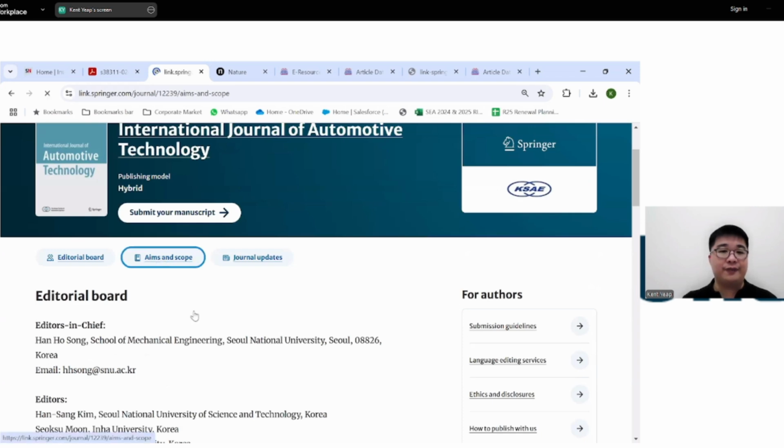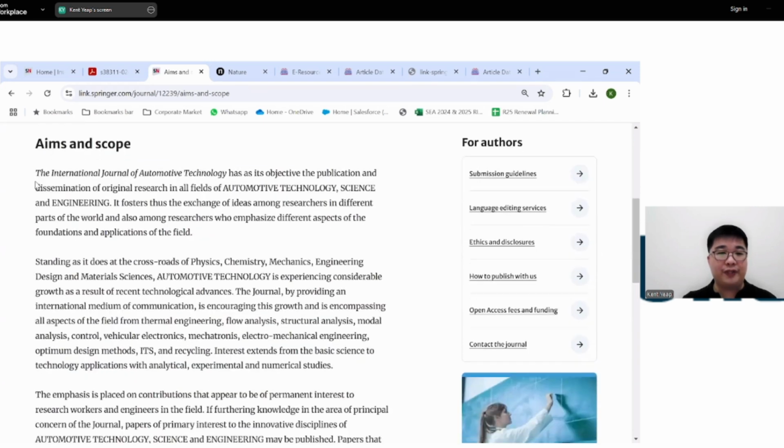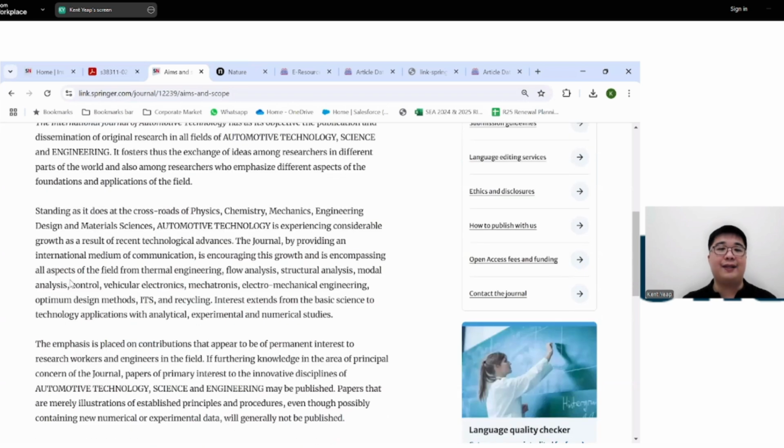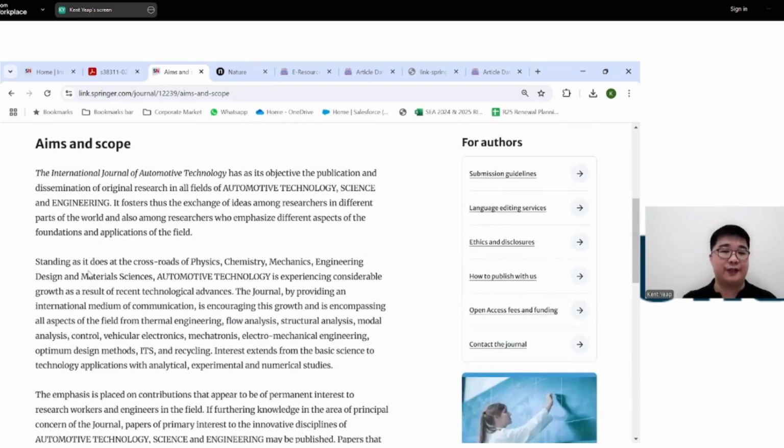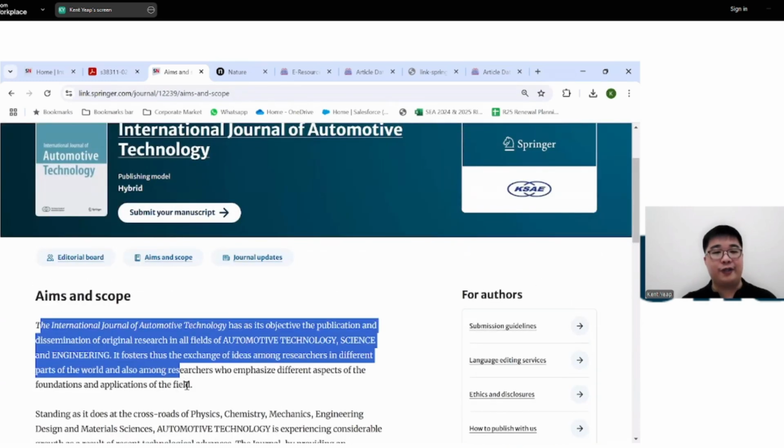Another one is to go to the aims and scope. And from here, it's more detailed than the overview. So this actually explains word for word what the journal accepts and what it does not accept. So what are the kinds of articles they take? Do they take review articles? Do they take fundamental research? What kind of topics do they accept? What kind of topics do they not accept? How it should be written, etc. So it's very, very important to read through this.